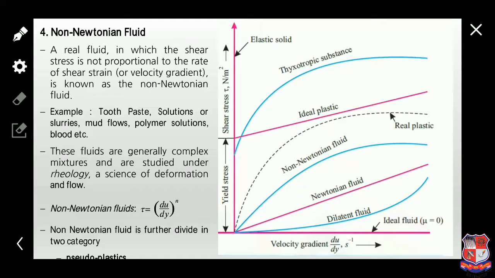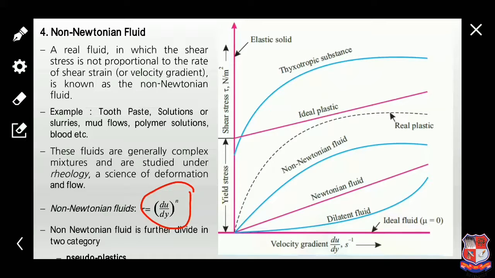Non-Newtonian fluids are generally complex mixtures and are studied under rheology, the science of deformation and flow. The non-Newtonian fluid equation is shear stress equal to (du/dy) raised to n. If n is equal to 1, then the fluid is a Newtonian fluid, but in a non-Newtonian fluid, the value of